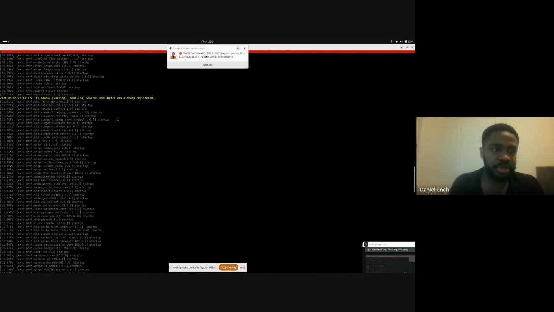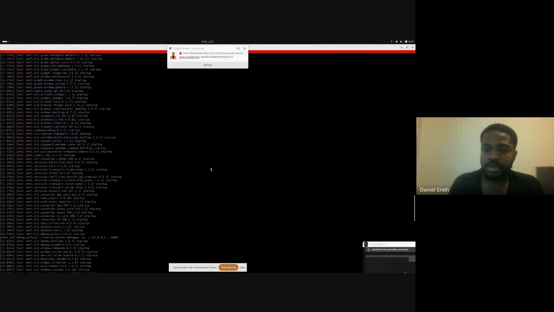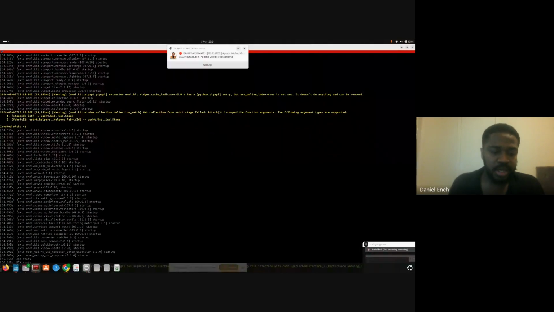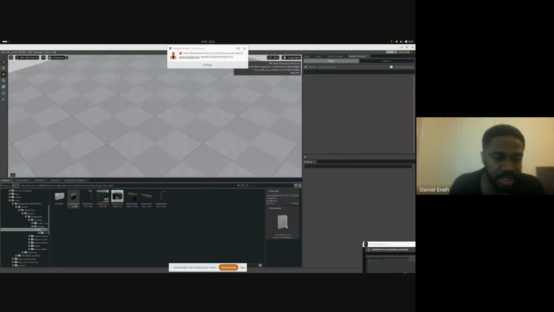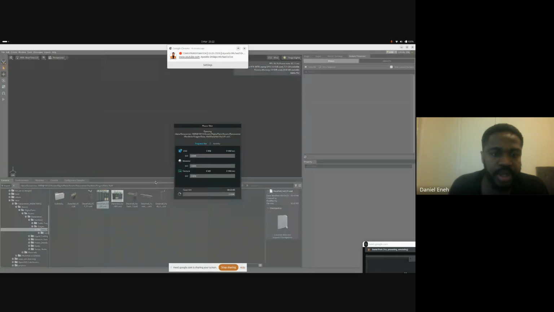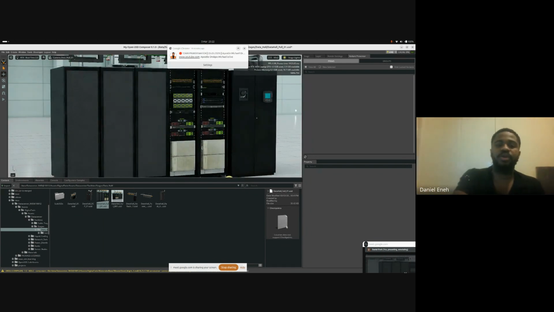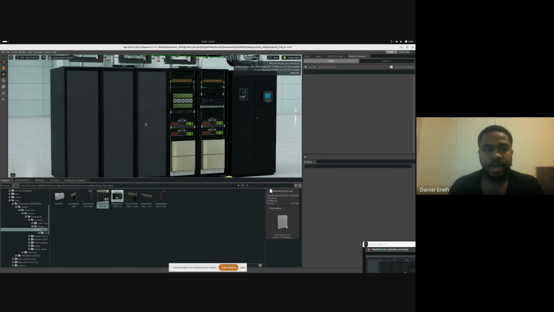Let me show you just to correct you. It's what started this thing. If you look at this, this is the hall we're using. If I load it, you see that it's going to load the data center. This is the data center that you're going to use. Can you see it? Yeah.